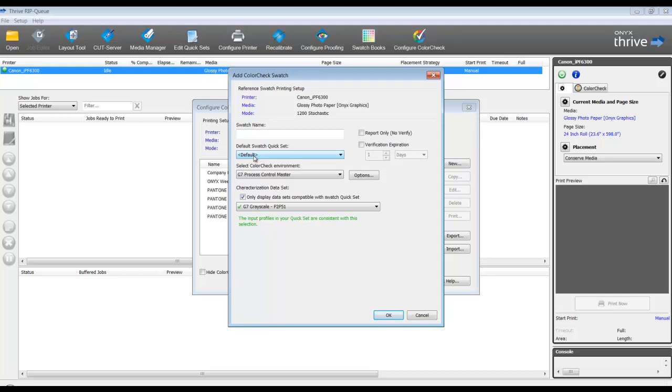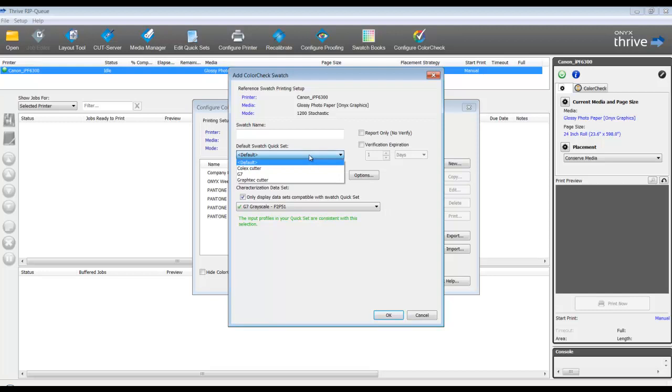Right now I'm selecting my default QuickSet, and if I explore the pull-down window, you will see I have 5 options here. However, if I reference a QuickSet specific to G7, I will see more options available for test target types in G7.